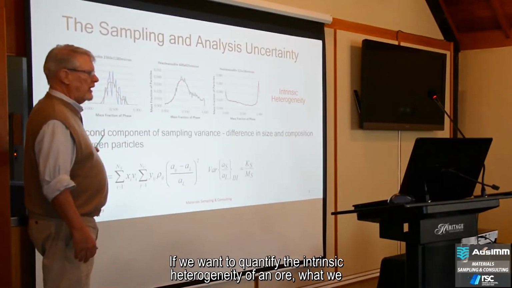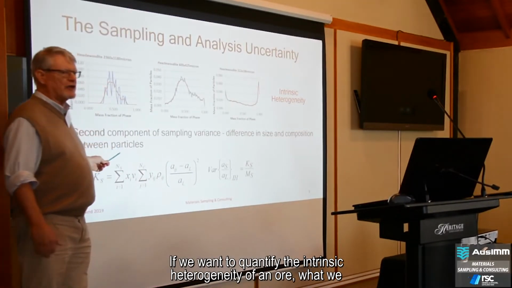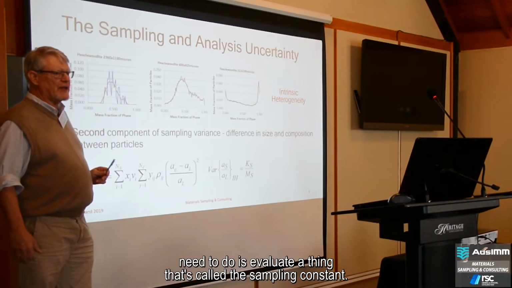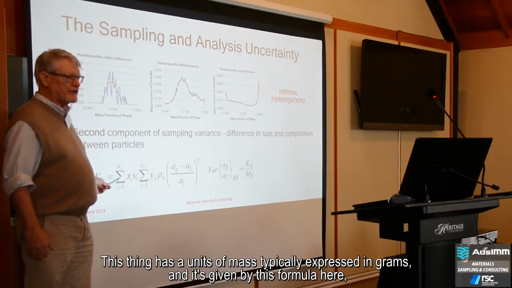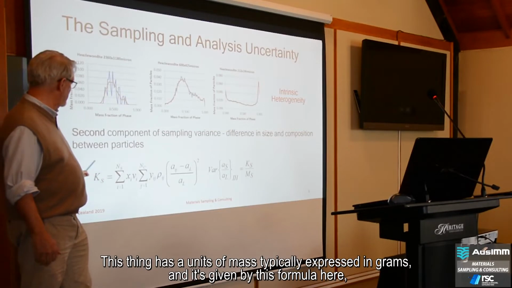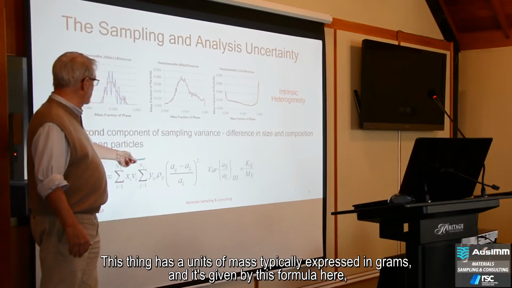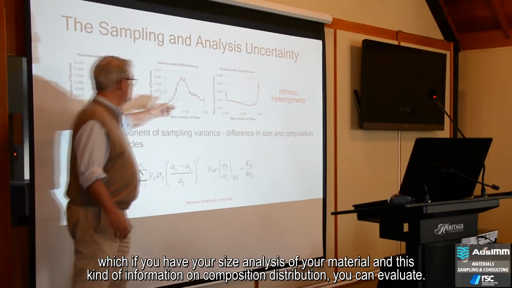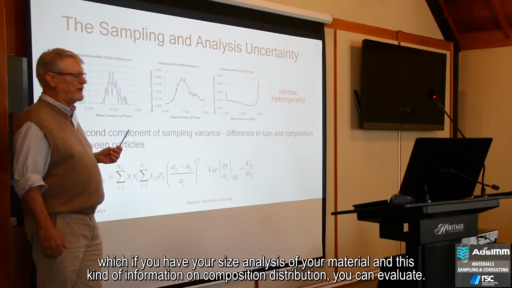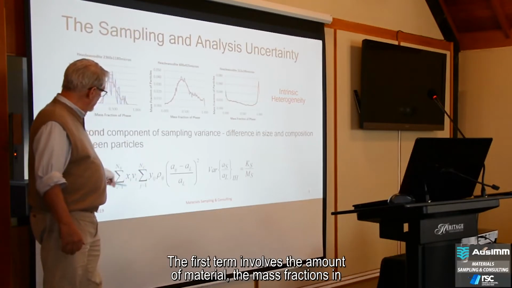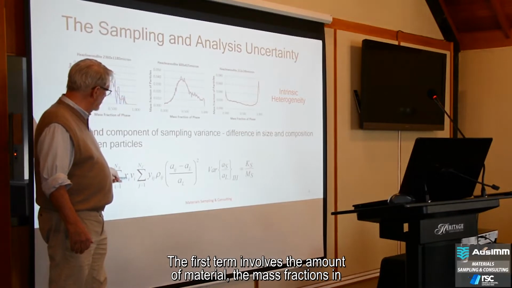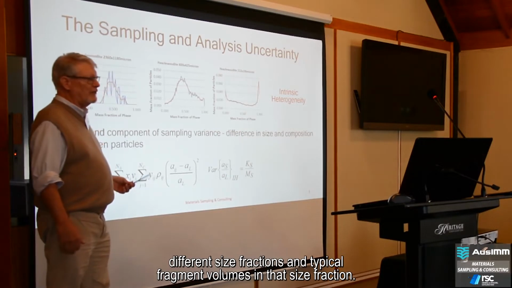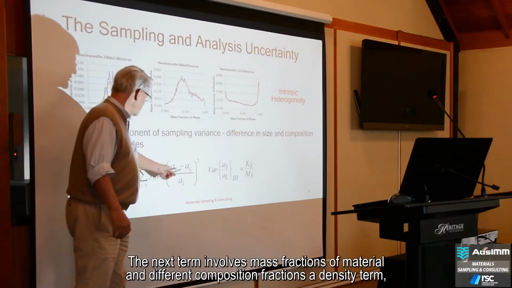If we want to quantify the intrinsic heterogeneity of an ore, what we need to do is evaluate something called the sampling constant. This has units of mass, typically expressed in grams, and it's given by this formula here, which you can evaluate if you have your size analysis of your material and this kind of information on composition distribution. The first term involves the mass fractions in different size fractions, and typical fragment volumes in that size fraction. The next term involves